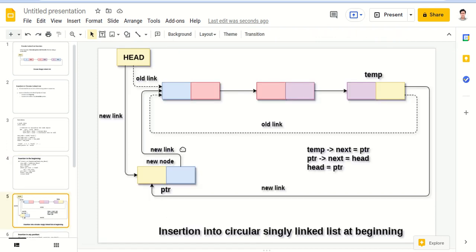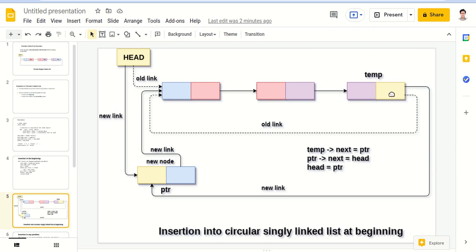Diagrammatic representation, you can see initially head was pointing to this node. Now what we did, we iterated through the loop and reached one node previous than the head node, the starting of the list.